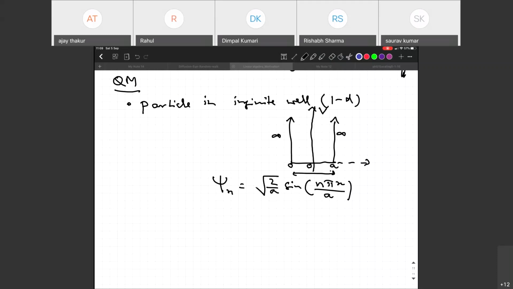Okay, so this kind of a wave function could be written. But from here, how do we go to ket n? This is something that we will see. And this ket n would be an infinite dimensional vector. Okay, so we will see how we will go from the wave function picture to the linear algebra picture, or basically the function picture to the vector picture.